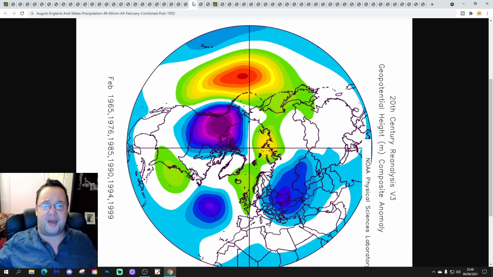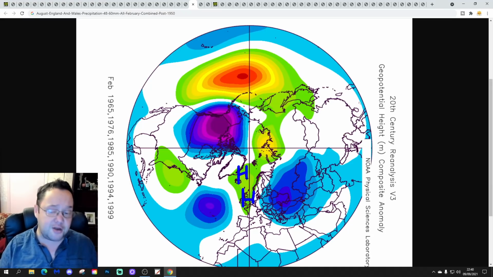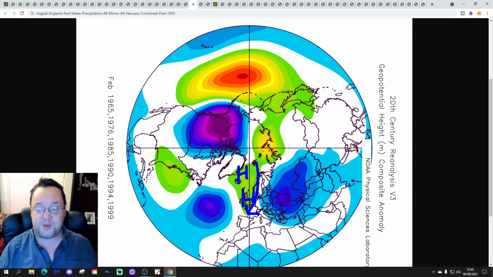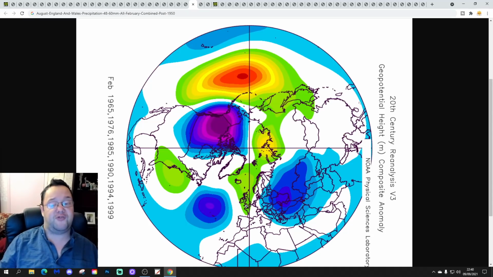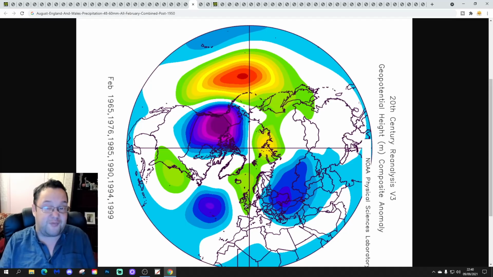And then this is how all Februaries combined look post-1950, with higher pressure building through the northwest of Europe. So again, you might be able to envisage that we bring in the wind from the northeast a little bit there. There might be a little bit of cold snap potential, but it is not a classic cold setup, probably just reverting to a drier and average type February pattern.